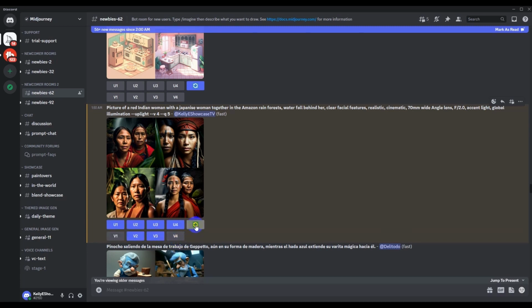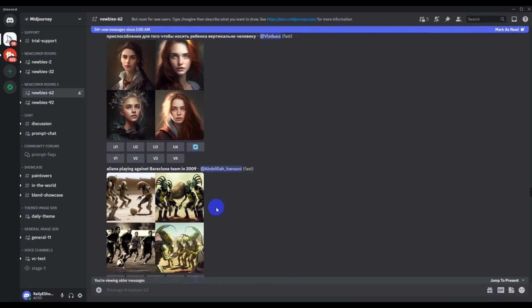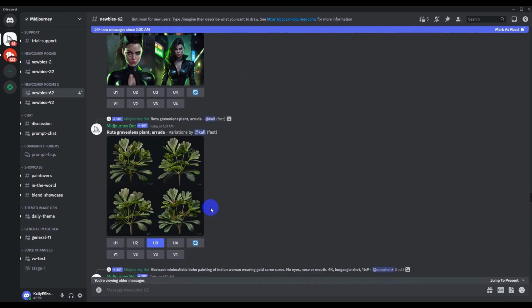This is going to be a mess. I don't even know what's going to be generated. Let's just go to the bottom because that's where those things will be.